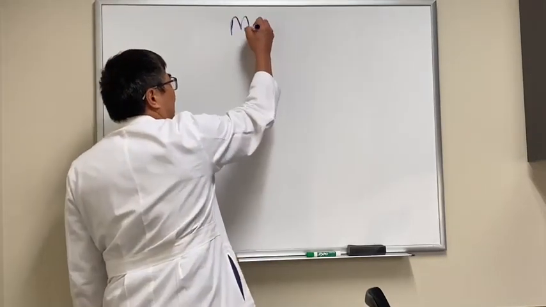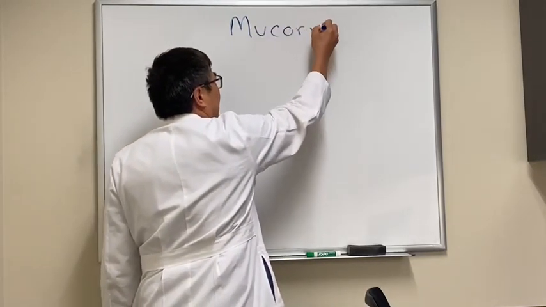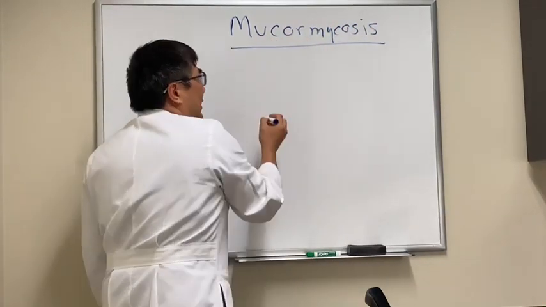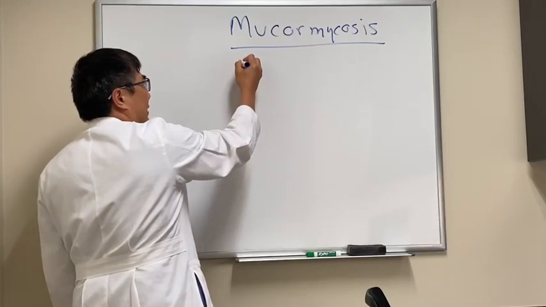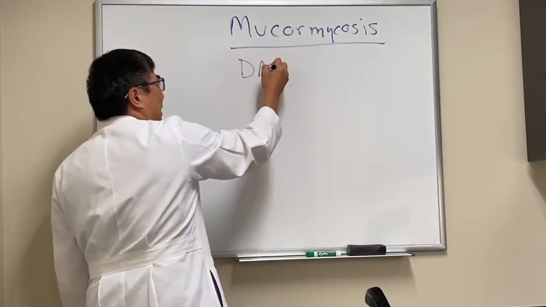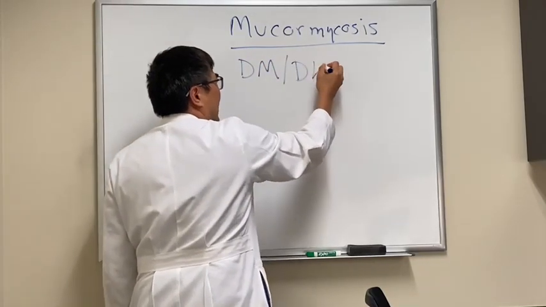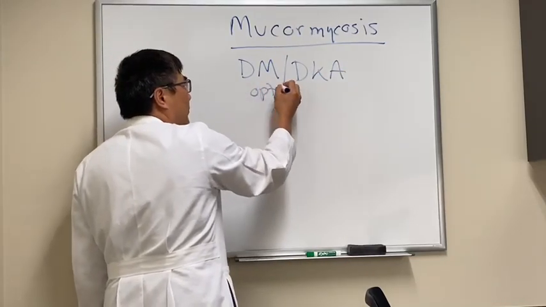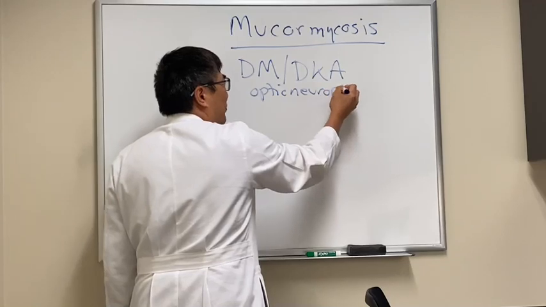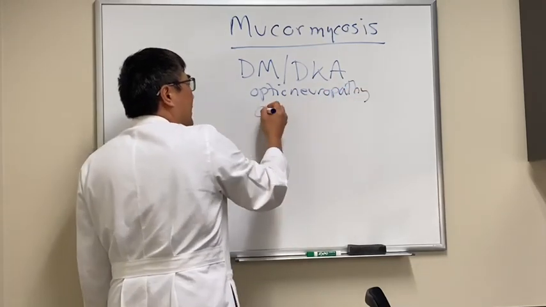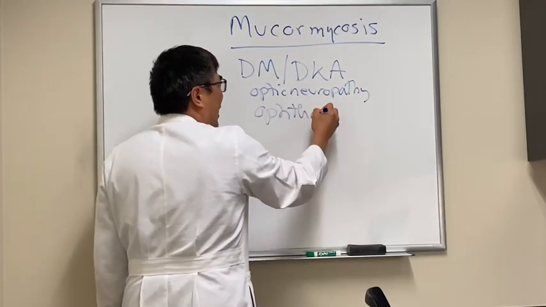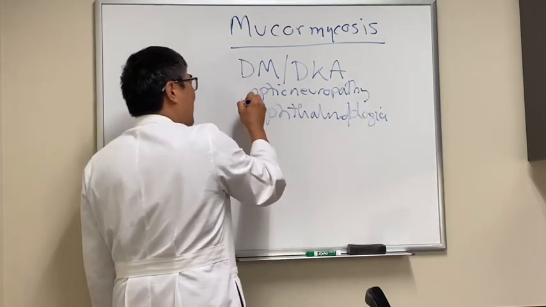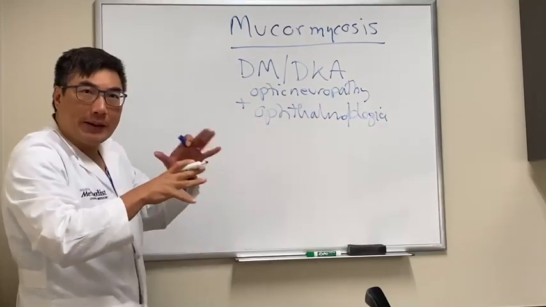So today we're going to talk about mucormycosis and how it comes to neuro-ophthalmology. The classic stem for mucor is a patient who has diabetes, who is in diabetic ketoacidosis. They're going to present with an optic neuropathy or an ophthalmoplegia or both. The combination of the ophthalmoplegia and the optic neuropathy is what places the lesion in the orbital apex and not